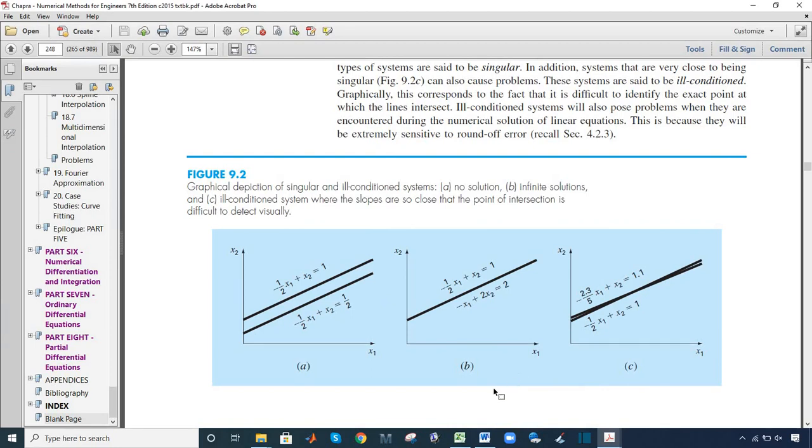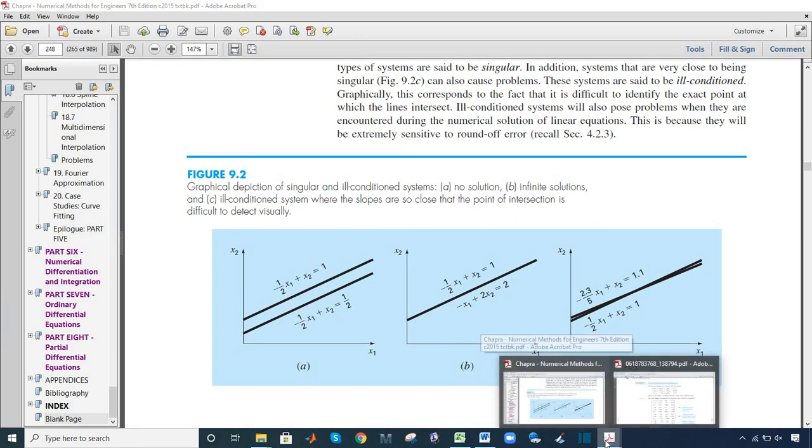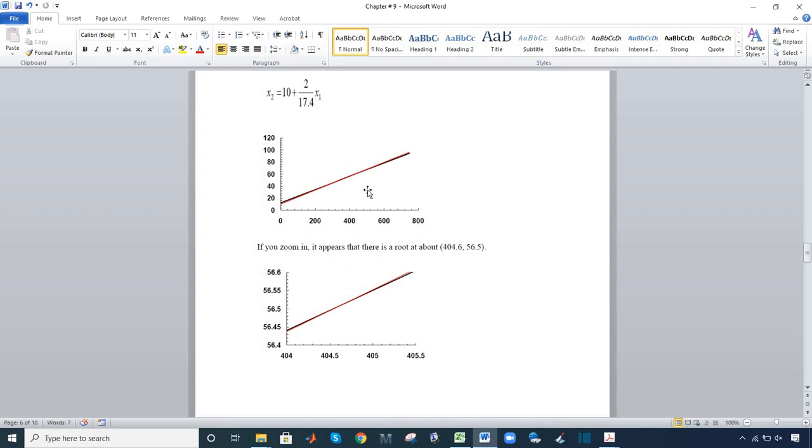So our solution of B part, at which he required the answer about the system of equations, and when we solve this, we obtain this type of graph. So this shows ill-conditioned system.